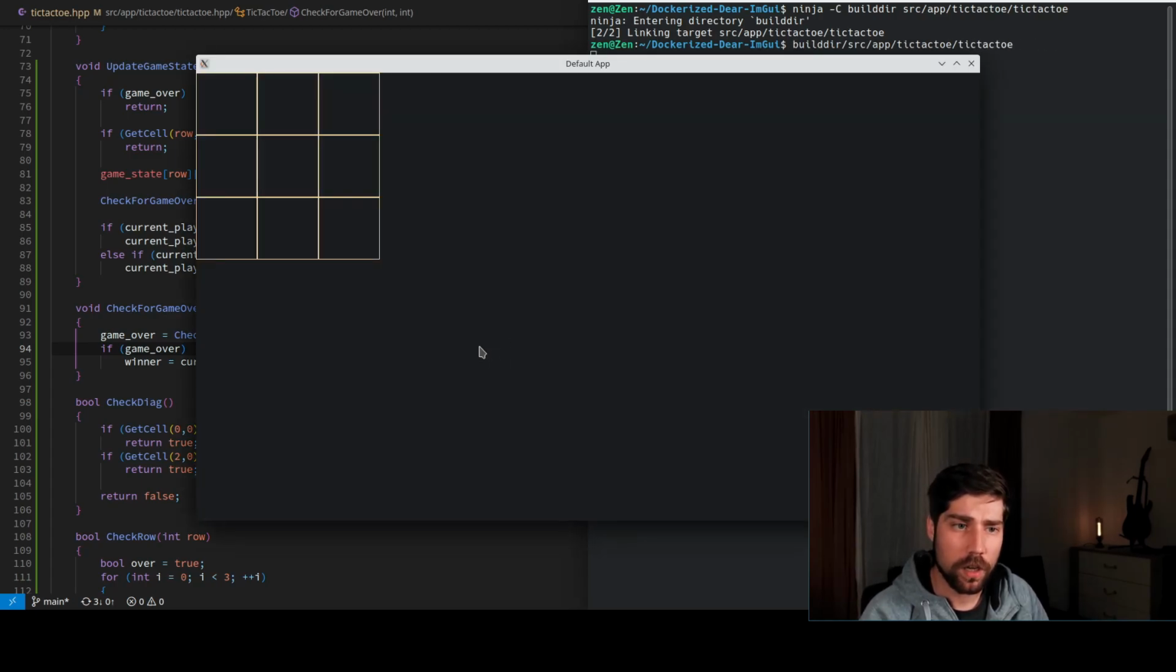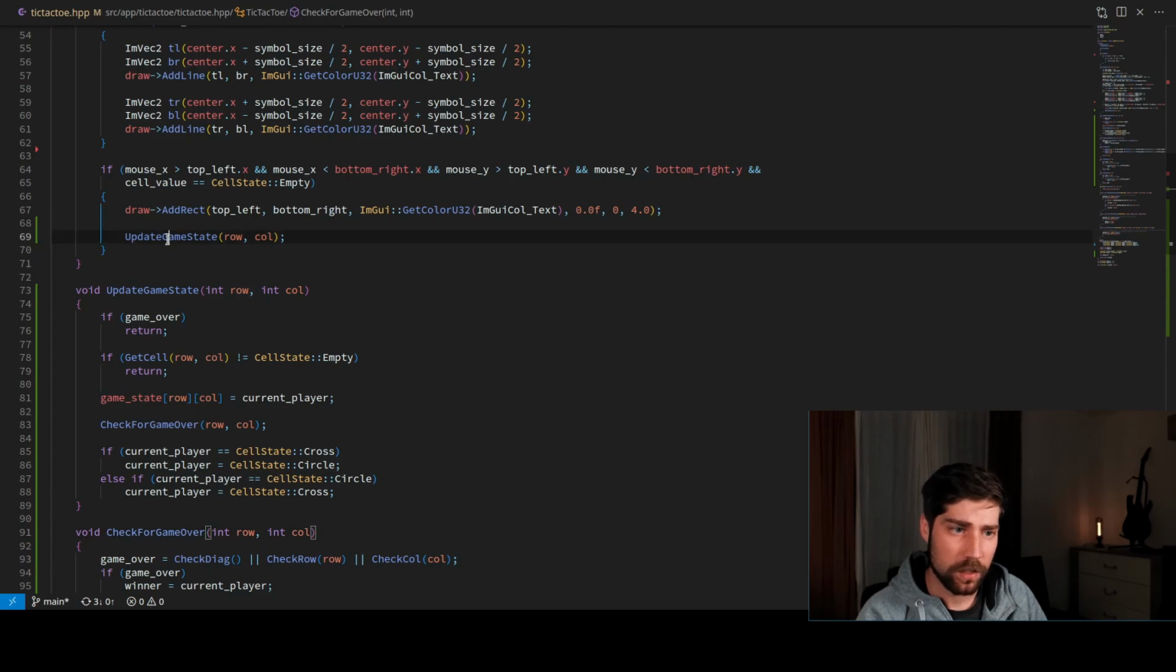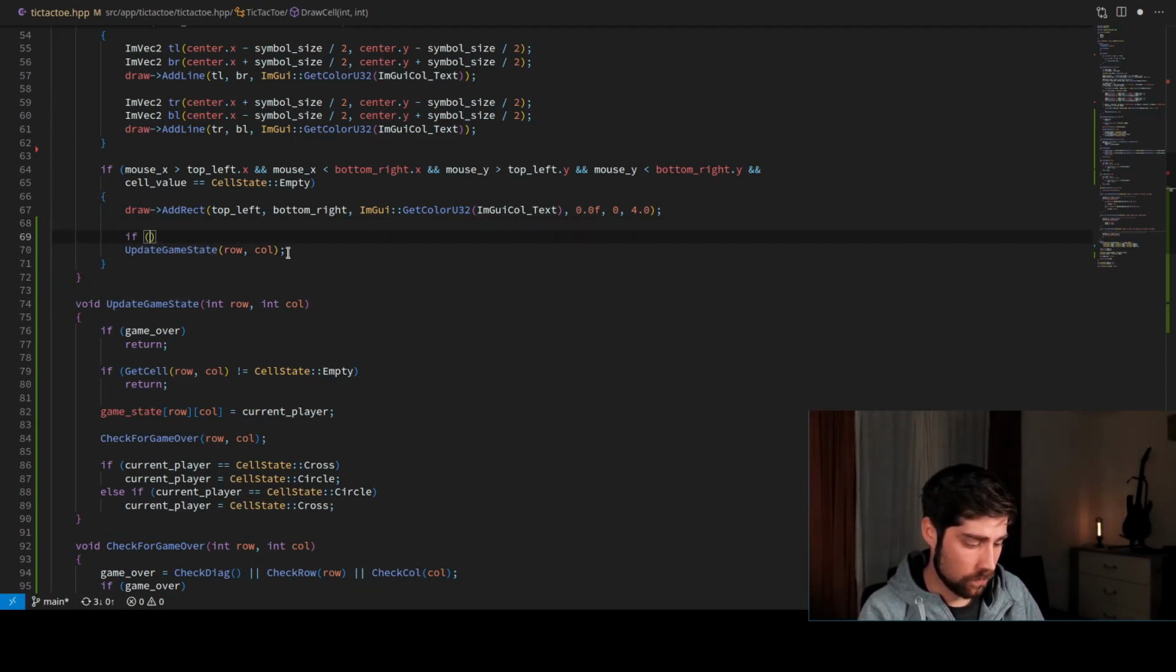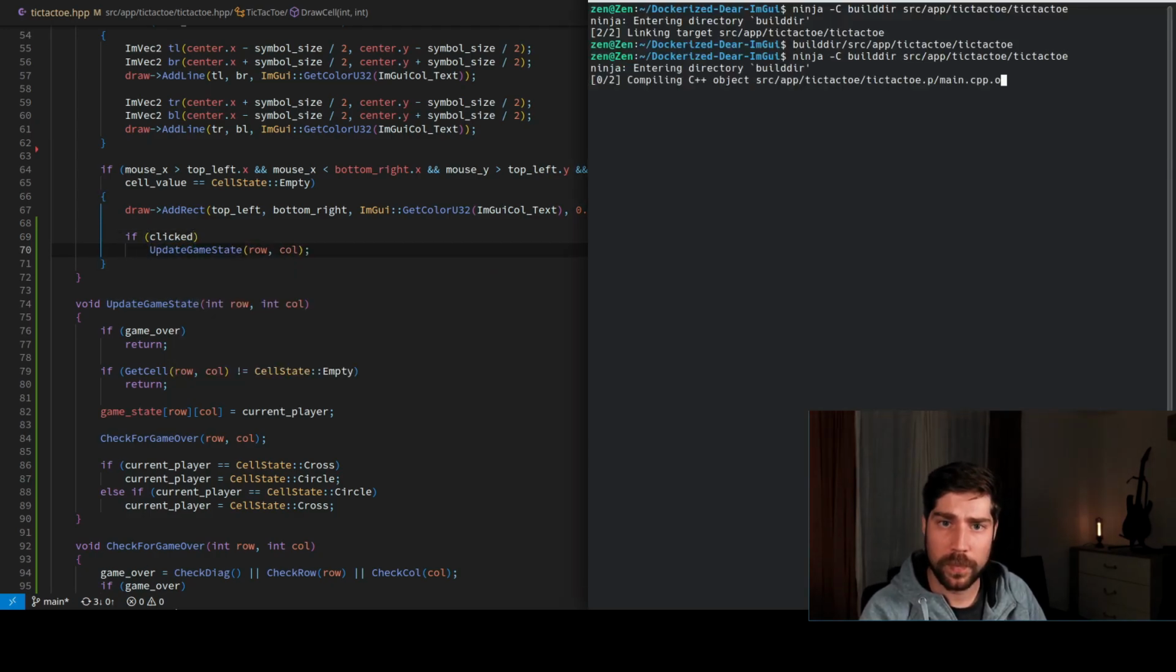So we started, and we see we can now, oh, okay, so basically we forgot one thing. We need to check that we only call this if the player has actually clicked, otherwise I don't need to click. So we only need to call this function here if the player actually clicked, and then we do the same. We recompile,